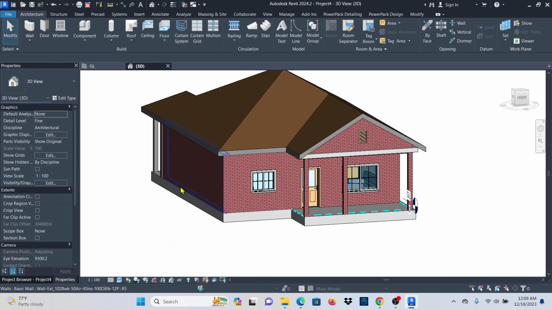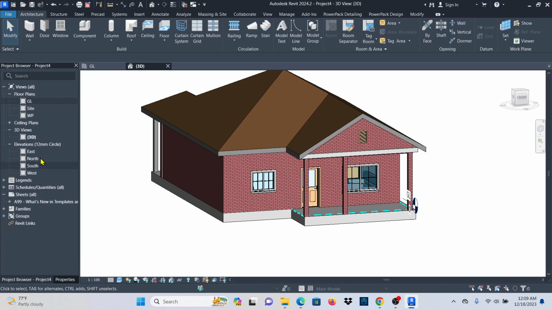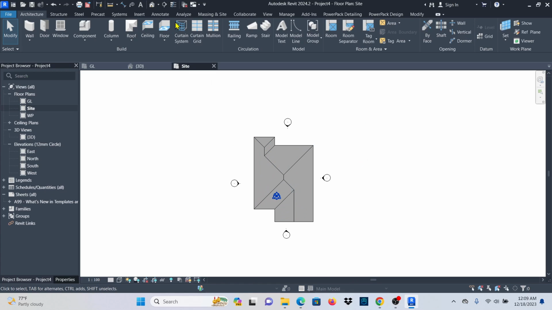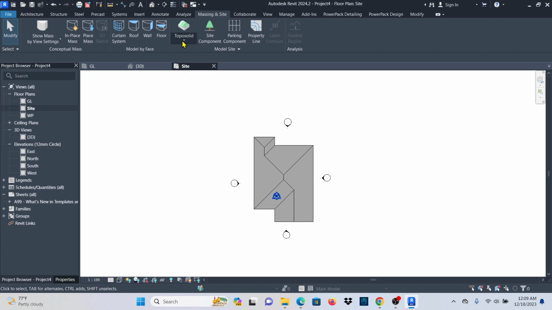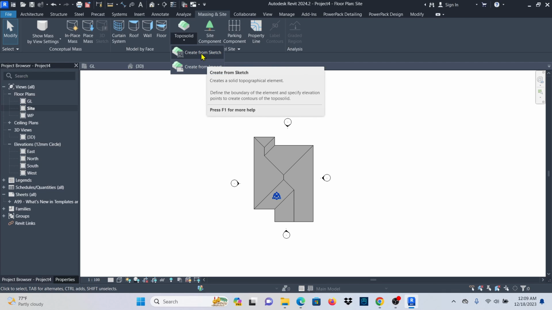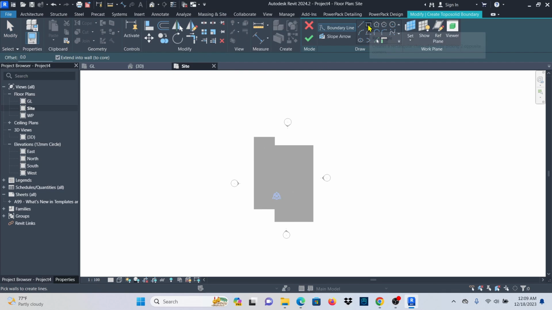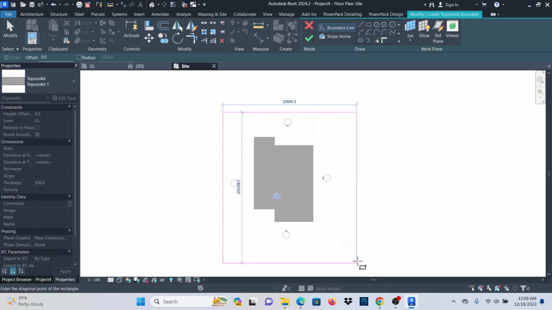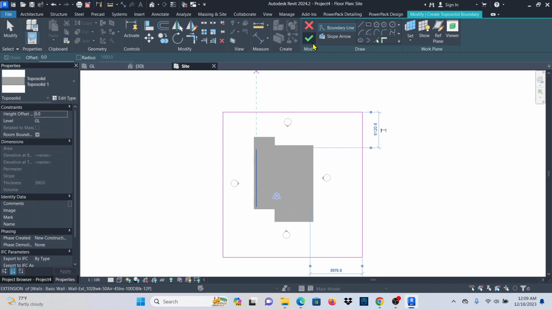Now let me add the ground here by going to project browser, and I'll go to site. Okay, now what I'll do, I'll simply go to massing and site, topo solid, and now I'll just pick create from sketch. And now I'll just click rectangle, and if I go to properties, you can pick the one. This is topo solid one, it's okay. I just want to pick a rectangle like this, doesn't matter. Now click on